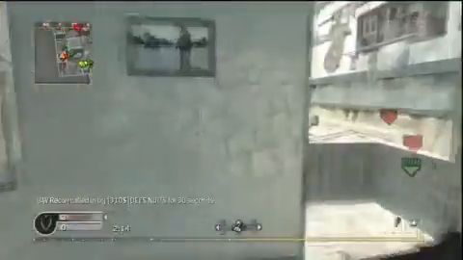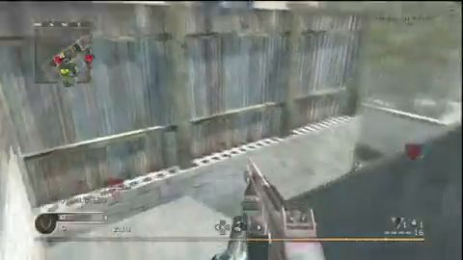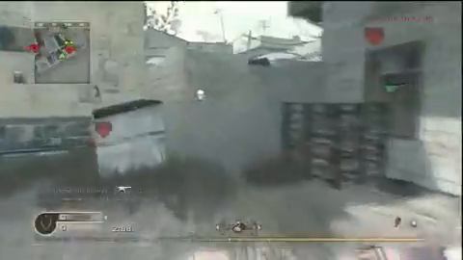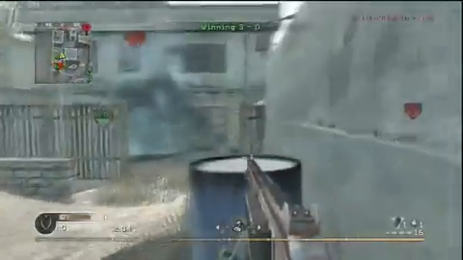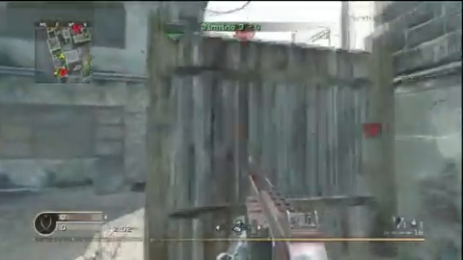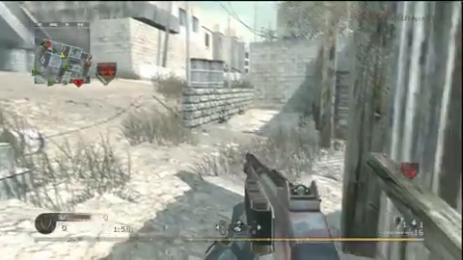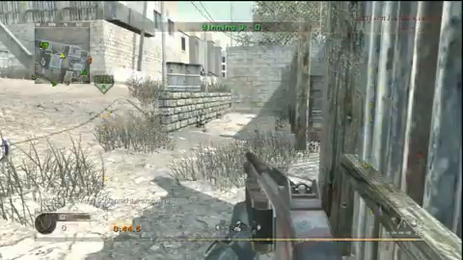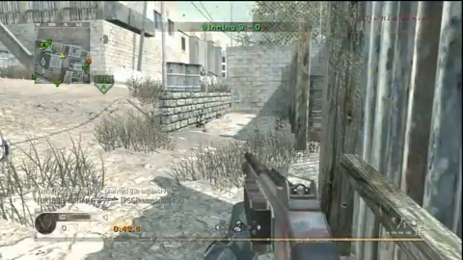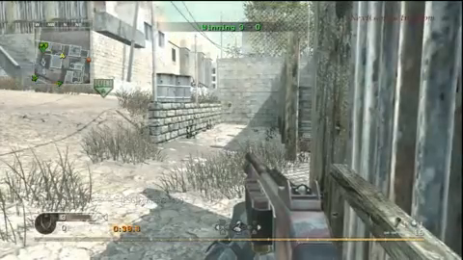So we're doing a rush again. And like I said, most of the time we can make it up here pretty easily without running into anybody. And we paved the way for the bomb planter. And they're all sort of hanging back at B for some reason. So we're going to sit here and wait for the bomb to get planted. And see if we can't catch anybody as they come through. We don't have claymores in this class, so...